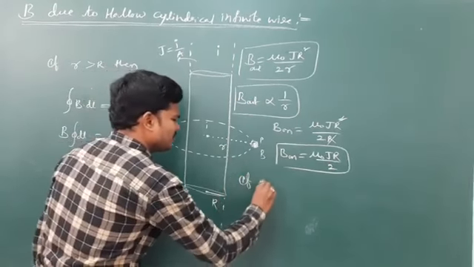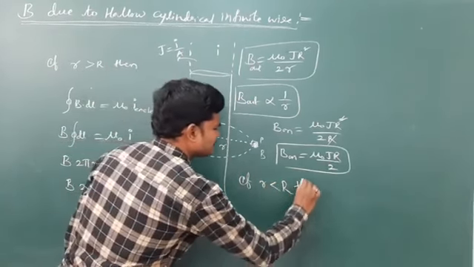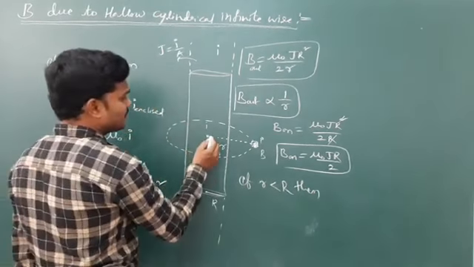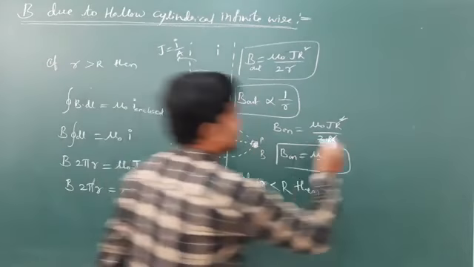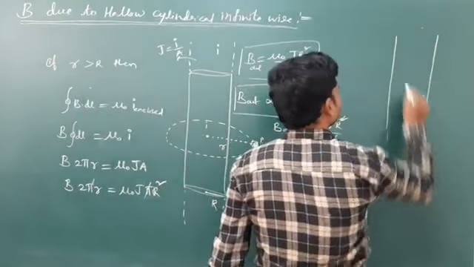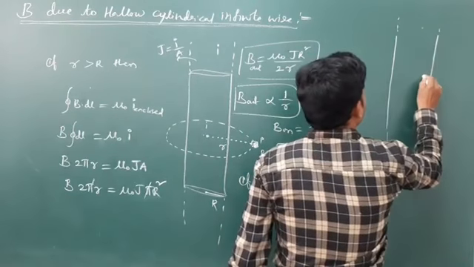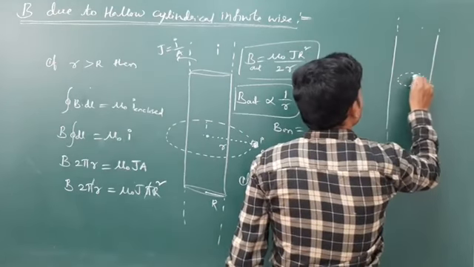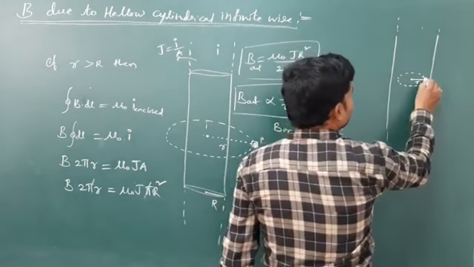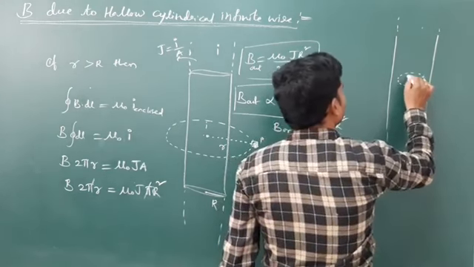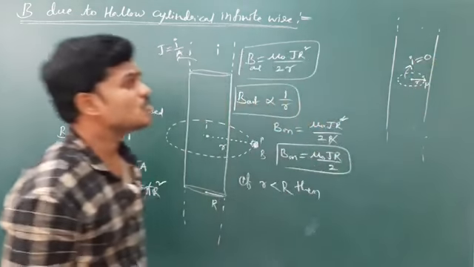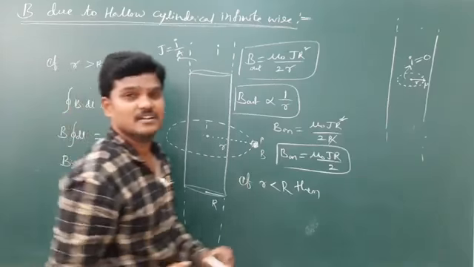If this r is taken inside, okay, r is taken inside. So if I take this point P inside, see, this is the hollow cylindrical wire. If I take a point P inside, just imagine an Amperian loop whose radius is r. This Amperian loop does not enclose any current. There are no currents. This is like a spherical shell.